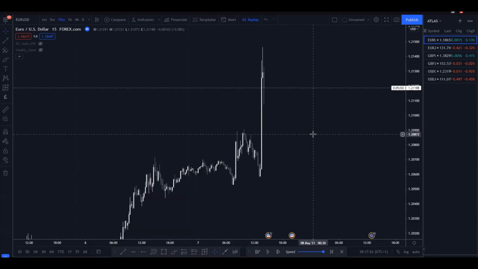Where the country is in its economic cycle. As I said earlier, where we talk about macroeconomic cycles in part 1, where the country is in its economic cycle as compared to the data release matters. A good release when an economy is recovering from a recession, such as the NFP figures coming in above expectations, would have caused a big move in the market.